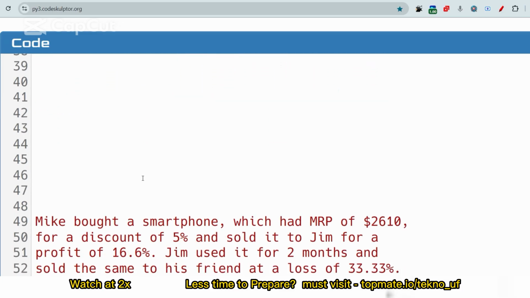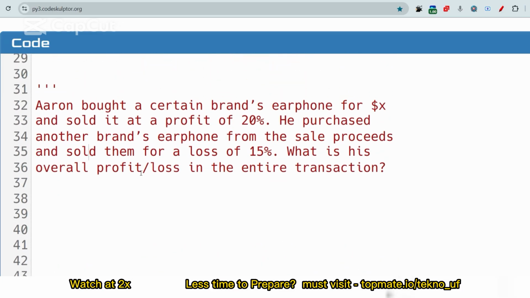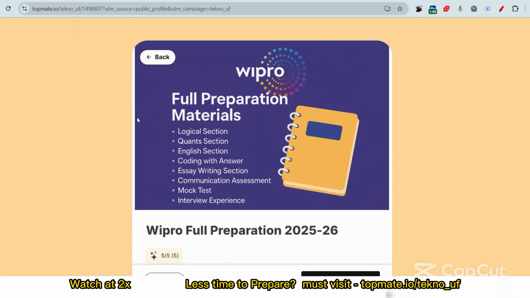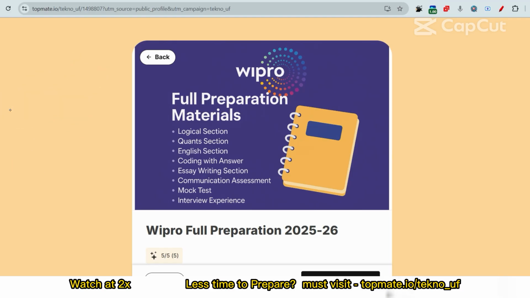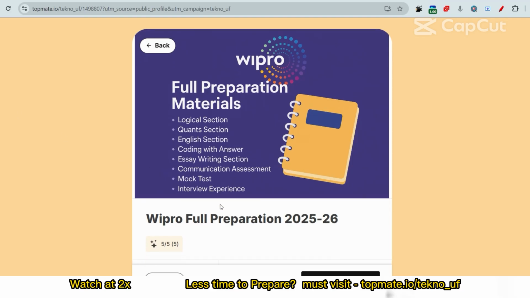And as I told you earlier that I'll share the resources on how to prepare. You have to prepare through the previous year questions, which can be asked to you again. You have to know that AON, that means Co-Cubes, is conducting the exam for the Wipro WILP exam. So you have to prepare their previous year questions so that the pattern, the type of questions, will be the same this year as well. You can expect the same questions, and if not exactly the same, then at least similar questions will be asked. So if you prepare from these questions, it will be very helpful for you.